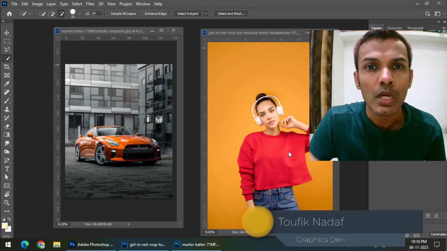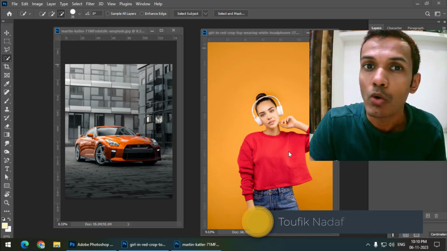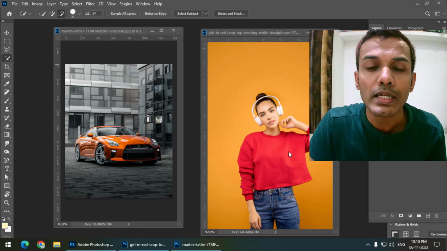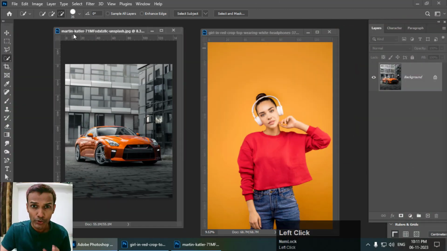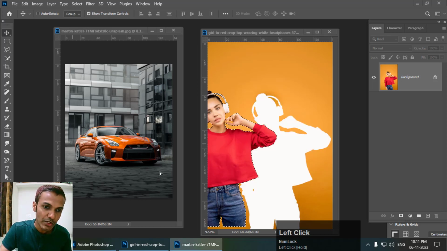So in this video, I'm going to talk about smart objects, how to create smart objects and how to use them. So let's get started. First, I'm going to use a normal layer. I have already selected this, and I'm going to place this over this image